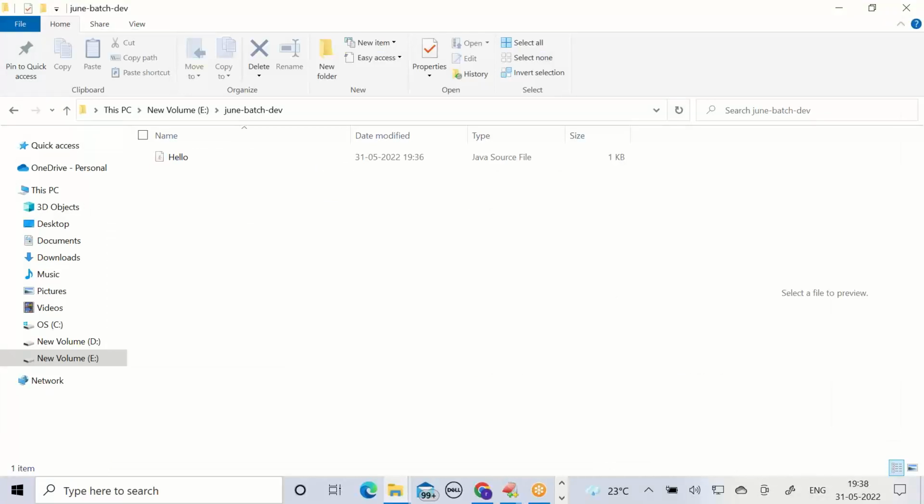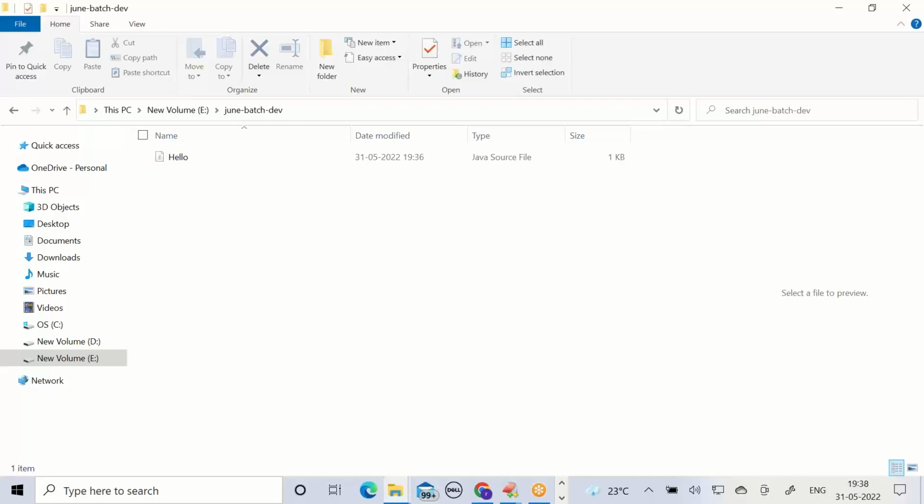We need to compile. Compilation can be done through the javac command. C stands for compiler, Java compiler. One very important point, guys: the javac command should be triggered from the place where the Java file is saved. Repeat once again: you need to run the javac command from the place where the Java file is saved.